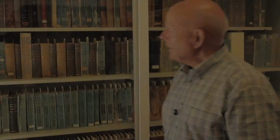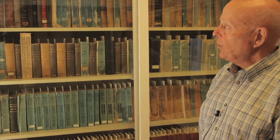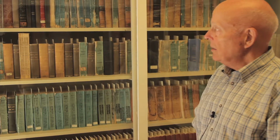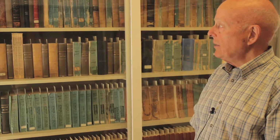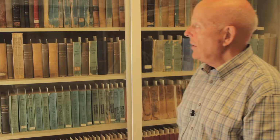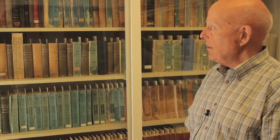So this is the Special Collections holding of Navy lists. Navy lists were produced by the Royal Navy and then by the Royal Canadian Navy as well, showing the names of all officers who were on strength at a given date. They're of value to historians because they show the name of the officer, whether he had